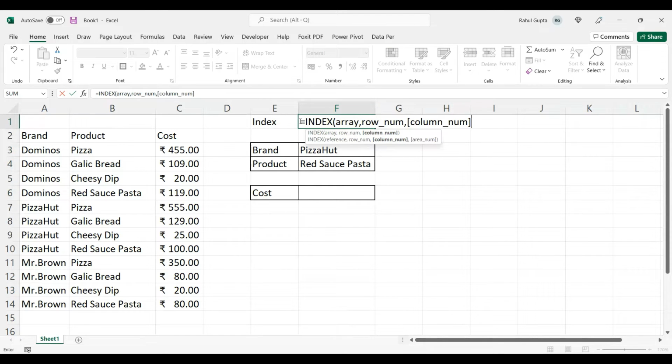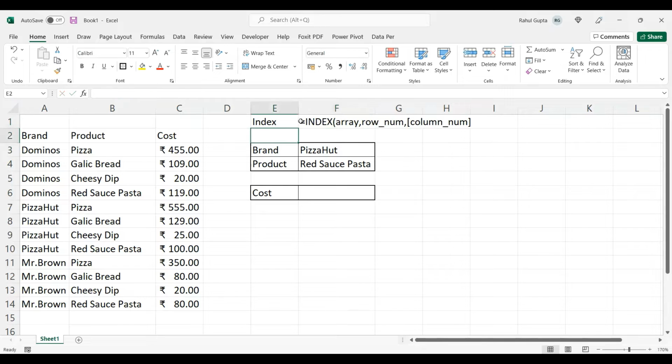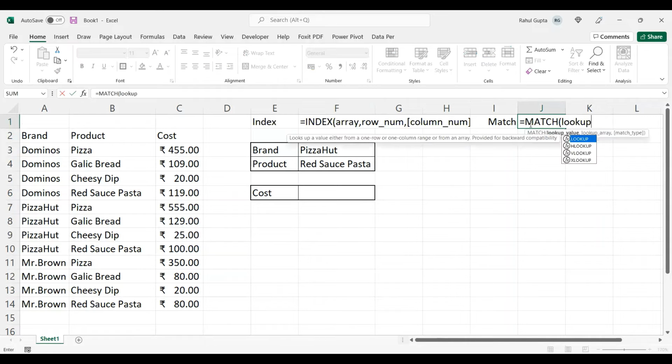So that's what I have to give an index. And in the match function, I'm writing the match function over here. For match, we need to identify whether it is a row number or column number. So is equal to match. We have to give a lookup value, a lookup vector,